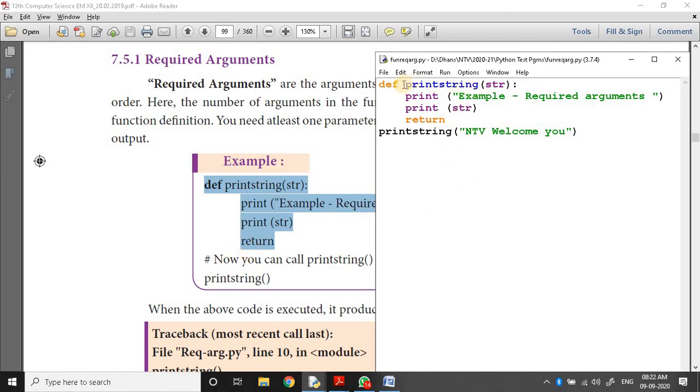Here the function name is print string, defined with one argument, one string variable named str, with the def keyword, then colon. Print example message: this message will be displayed as it is. Then print str: the argument value will be displayed. Then return nothing. This is the call statement: NTV welcomes you.